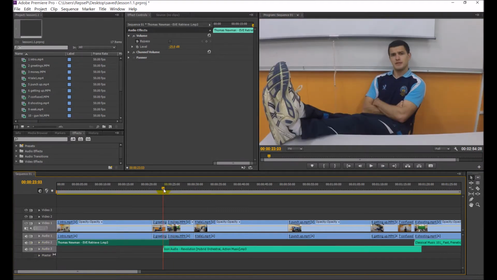So what you're going to do is go to about here on this clip here. Make sure your current time indicator is probably about 1 centimeter from the end if you're zoomed in fairly far. I'm going to go with checking the stopwatch now. So you've got to turn that stopwatch back on. What that does is it creates this little keyframe here, which is hard to see down here because it's not really visible. But what we've done is we've just told Premiere to set the volume at -25 decibels, and you can see it here by this little